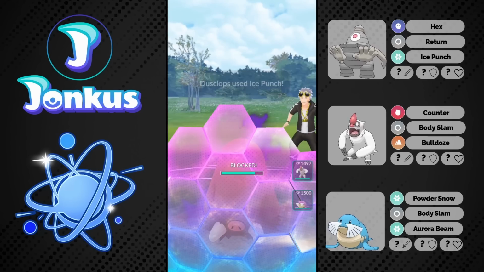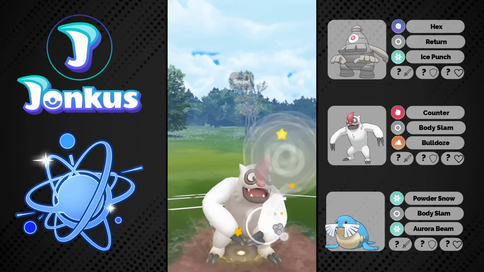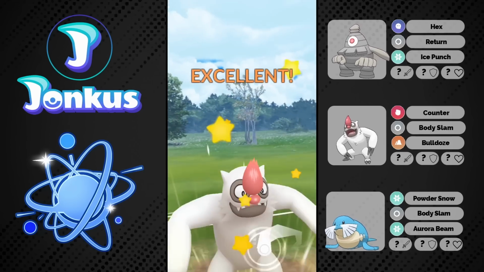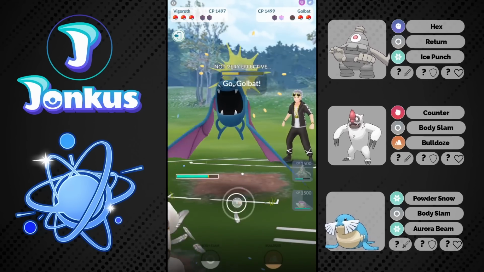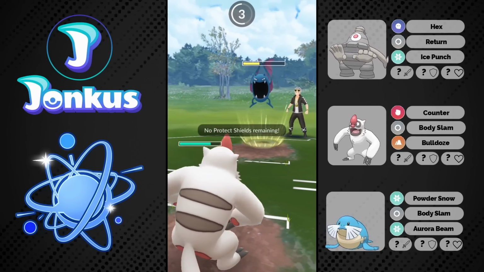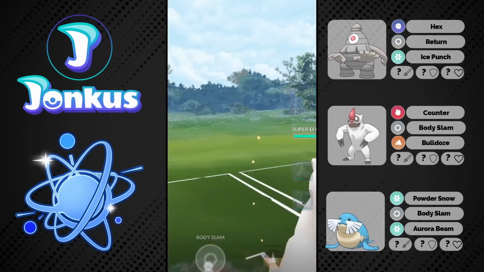You're going to go for the Ice Punch bait, which I guess you tried to just get back your shield, which is fine. You can go for one more Body Slam here, which I don't think KOs the Piloswine yet, but never mind, it's Shadow, so I guess it's a little bit more of a squishier pick. We see the Golbat coming back in. They can only go for Poison Fang here, and this only adds up after a while,